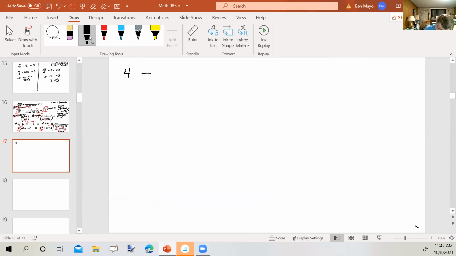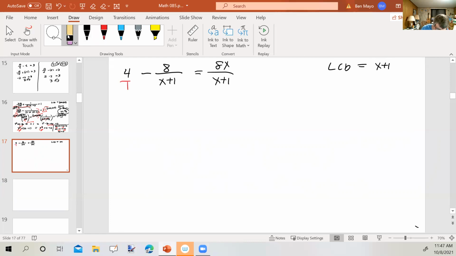4 minus 8 over x plus 1 equals 8x over x plus 1. Okay, so each denominator is factored as much as it can be. The LCD is x plus 1 because recall there's just an implied 1 there, so that's not going to change the LCD from being x plus 1. All right, so now